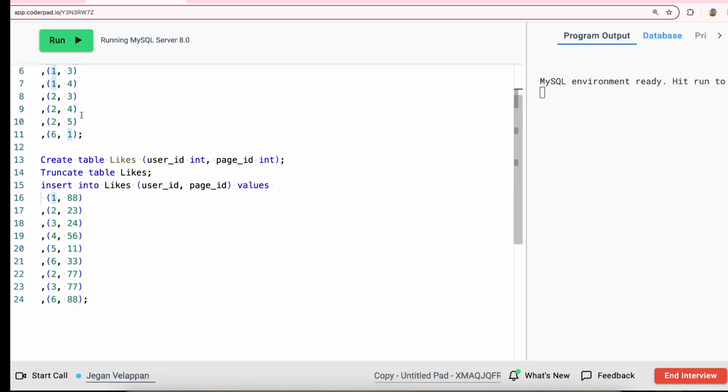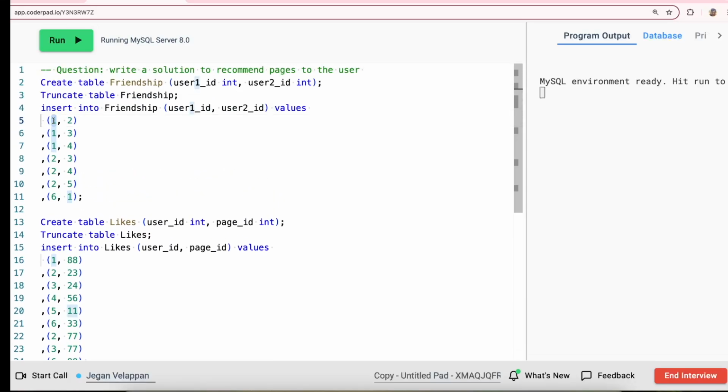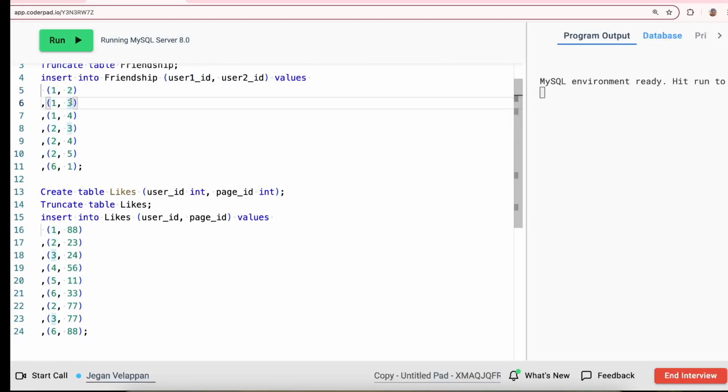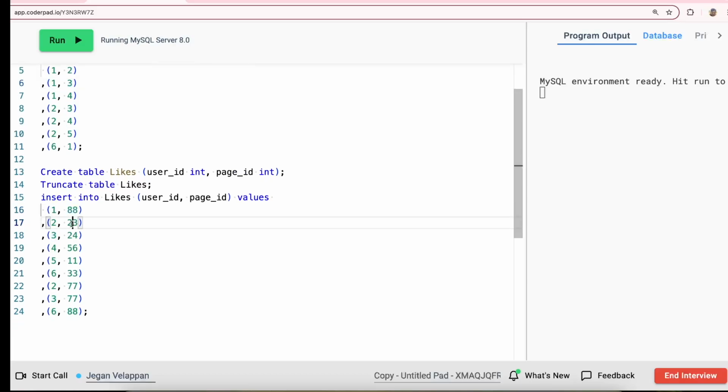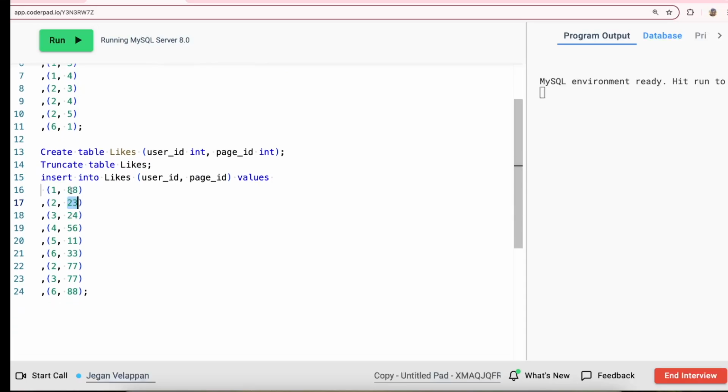So we can break this question into three different parts. First one is you find all the users related to your user ID 1. Then for those friends, find what are all the pages they liked. From that list of page IDs, you ignore the page IDs which you already liked. Like if you are the user ID 1, you liked 88. So you ignore 88 from those page ID list, and then the rest of the page IDs you consider as the pages recommended for your user ID. So those are the three different steps you are going to follow. Let's create the table,